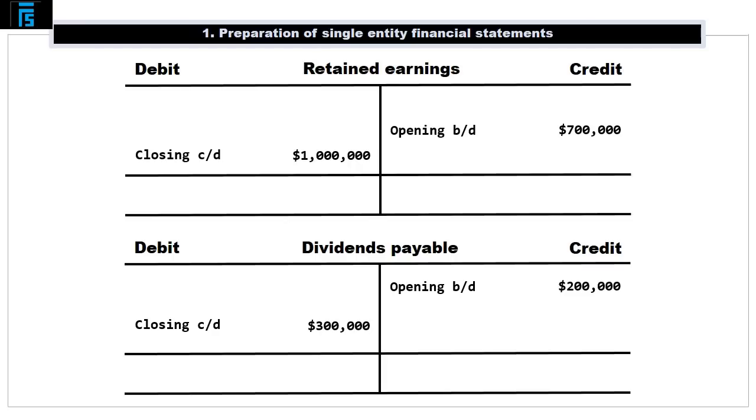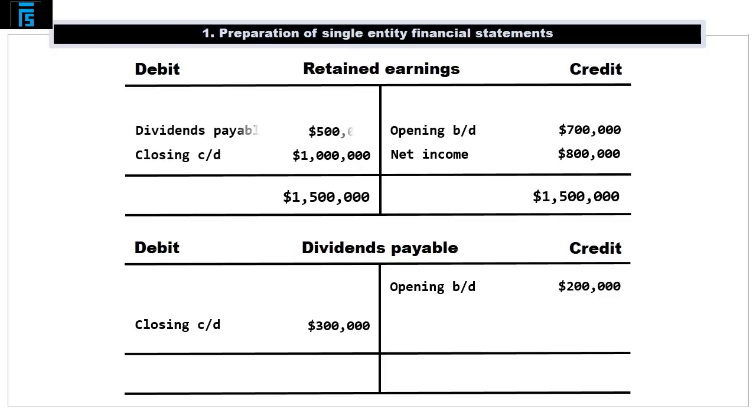Over the course of the year, the balance of retained earnings changes due to two factors: the recording of a gain or loss and the declaration of dividends payable to the company's shareholders. The €800,000 net income must have been transferred to the credit side of the account, bringing the total of the credit entries to €1,500,000. Transferring this total to the other side, we find that the missing debit entry, reflecting the amount of dividends declared and therefore transferred to the dividends payable account, was